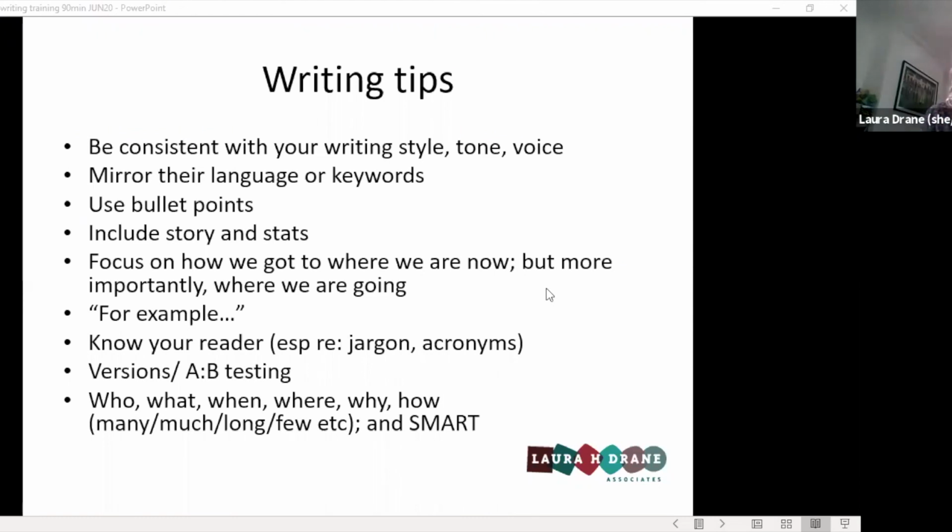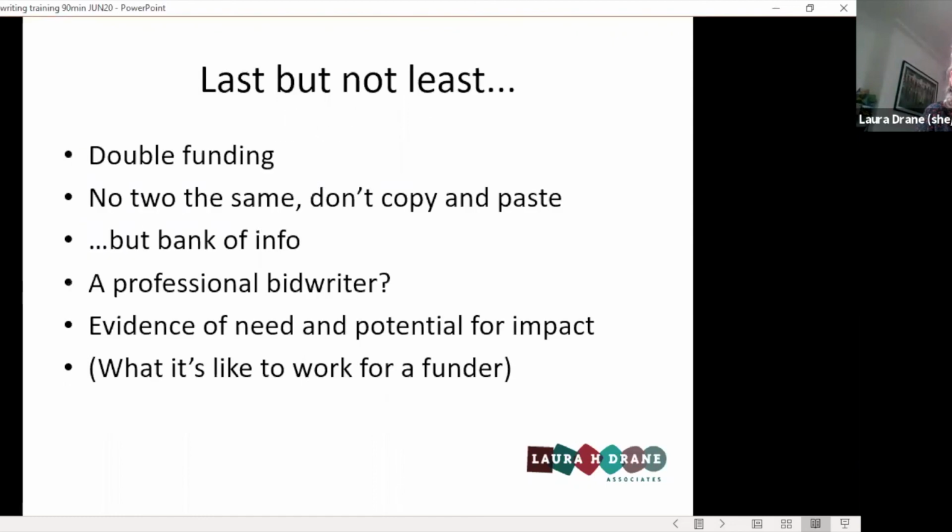I think that's probably enough for that slide. There's a couple of things there, but they're relatively sophisticated. I'm not going to go through them because I don't think it's going to help you. I'm just going to do this and then check if there's any other questions because we're coming up to the end. So my finalies, I suppose, the first thing is look out for what I would call double